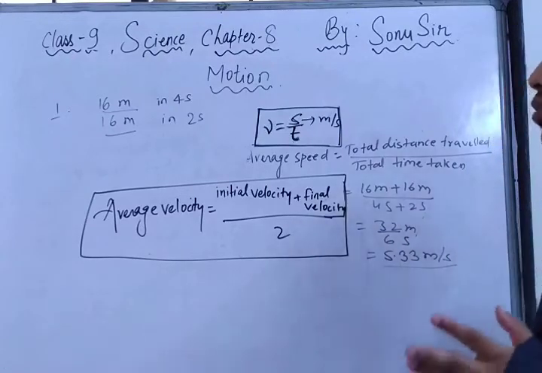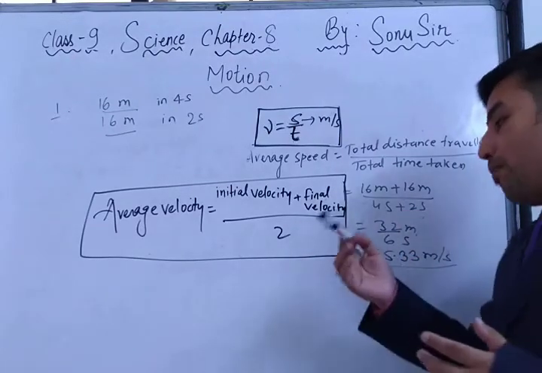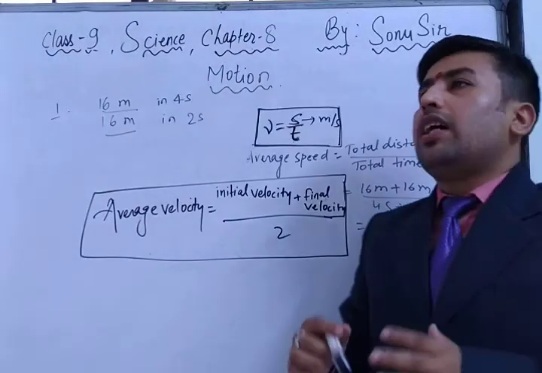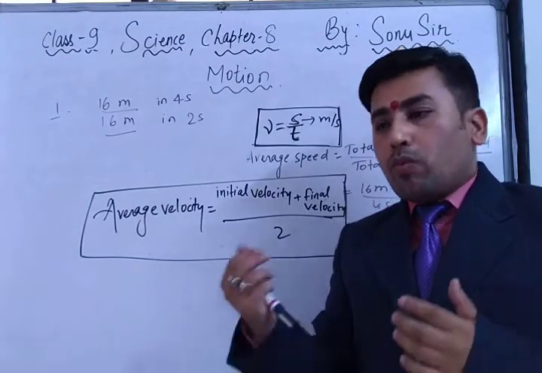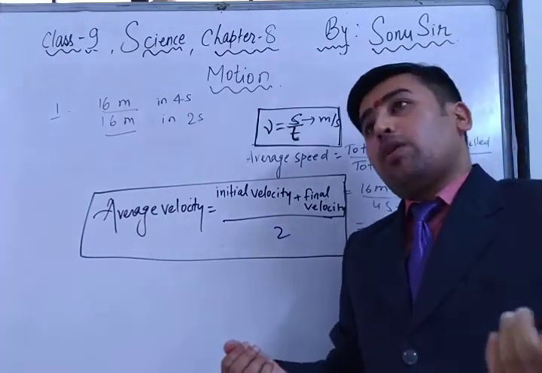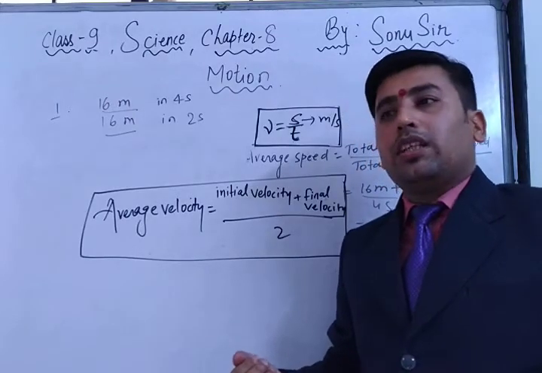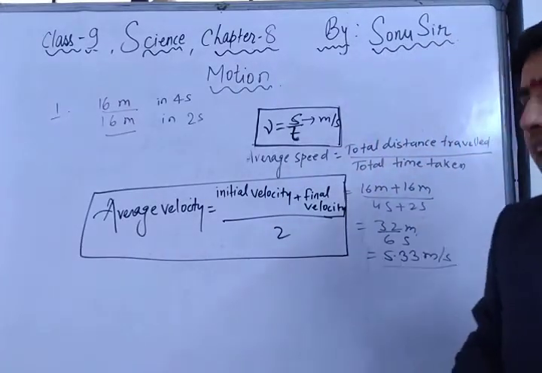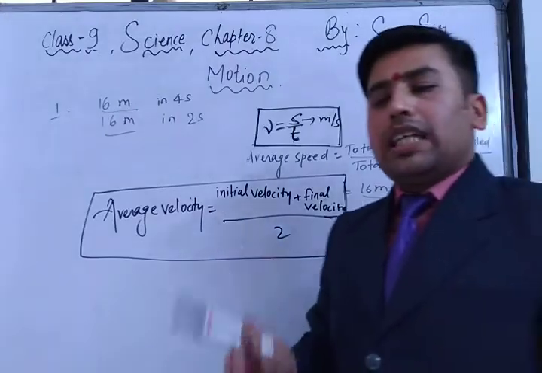Shortest distance between the 2 points. Again, if you are coming back, as for example, a swimmer is going to swim from one end to another end, and after that from another end back to the first end, so the displacement will be 0. Why? Because the object has not moved, it is at the same position.